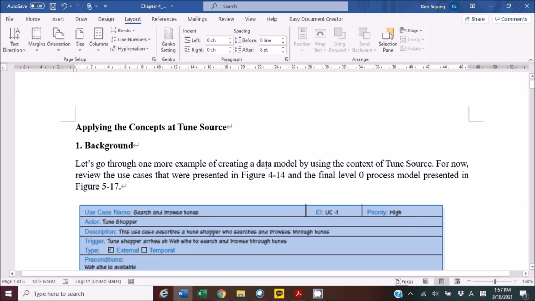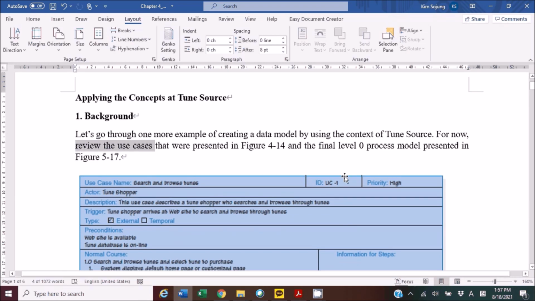Let's complete this exercise together. So here's an example: applying the concepts of UML, the ER diagram, to the Tune Source case. The background is here. Let's go through one more example of creating a data model using the context of Tune Source. For now, review the use cases that were presented in figure 4-14 and the final level 0 process model presented